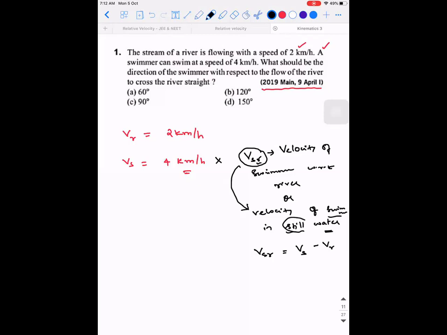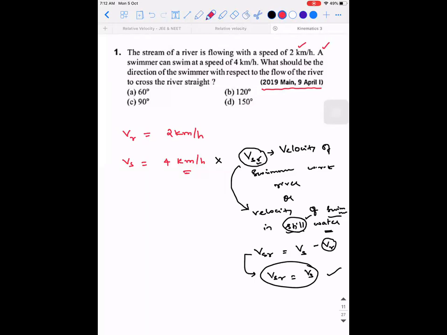What do you mean by still water? No drift, sir. So velocity of river is 0. If at all the velocity of river is 0, then VSR will be equal to VS. Now you understand why I told both are same. You're able to understand. So don't get confused that VSR is equal to VS always. No. It is only when you see the word still water, because I've seen many of them making a mistake. Wherever they see still water, they take it as VS directly and do it. No. It is still VSR only. This part is only for your understanding. Okay, these are all the keywords. Have it in your mind.